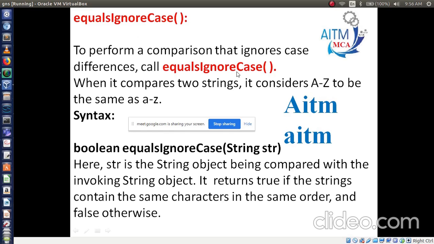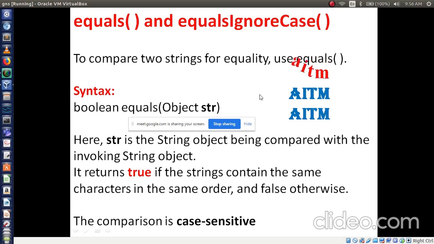In the previous one, here what output will you get? Here I am writing small AITM, then capital AITM. So in this method you are using the equals method. What output will you get here? No idea?